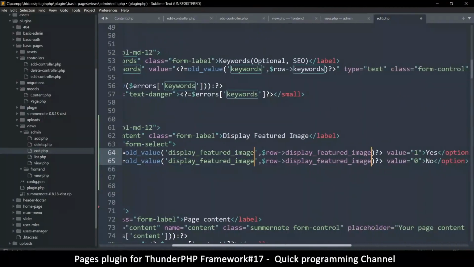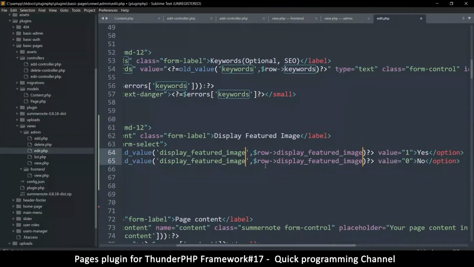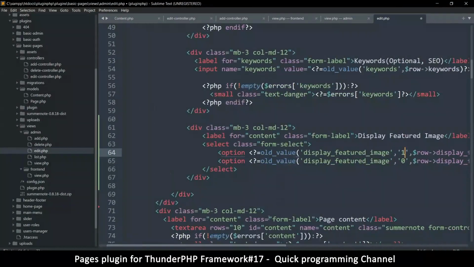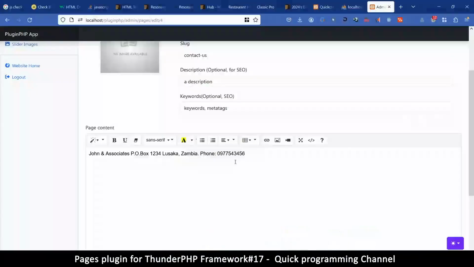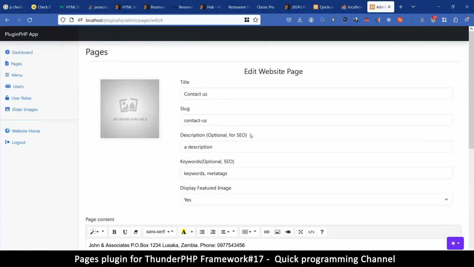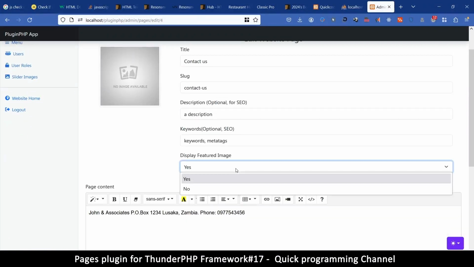That's the column name. And then with select, what we need is after the comma, we put the required value and then comma again. So either 0 or 1 here. So the one with 1, we put a 1, the other one is 0. Okay, they need to tick whichever is correct. And just like that, if I refresh now, we should get display featured image, and then you can select one